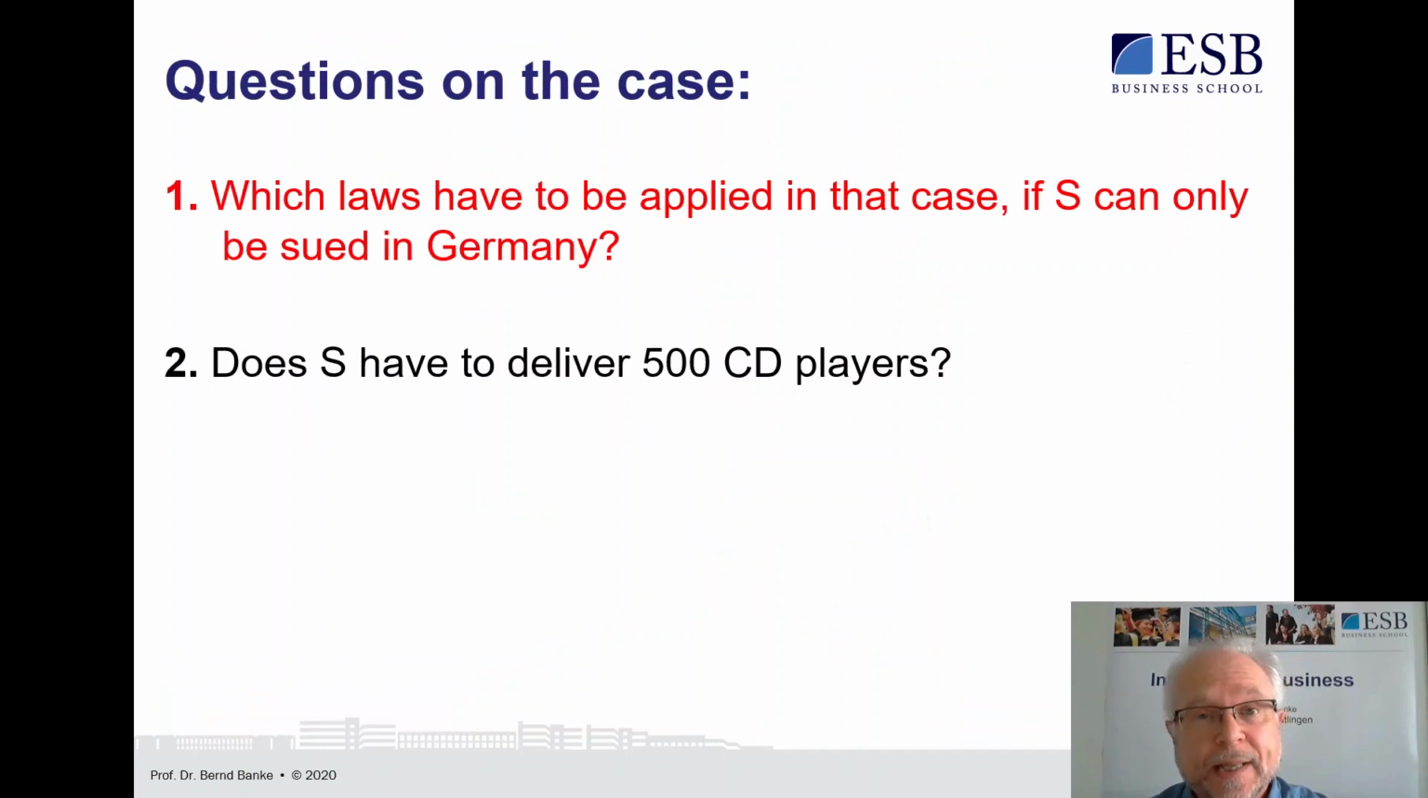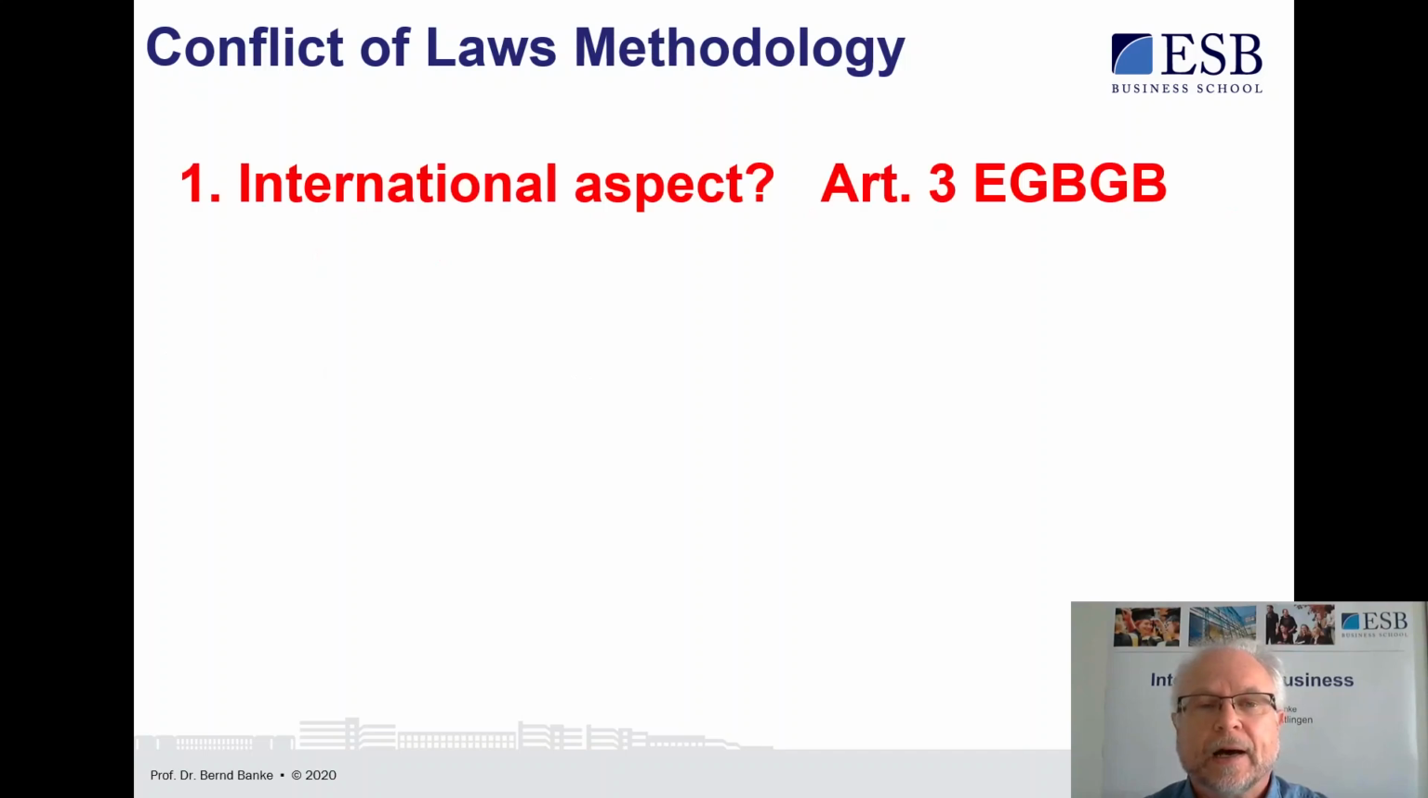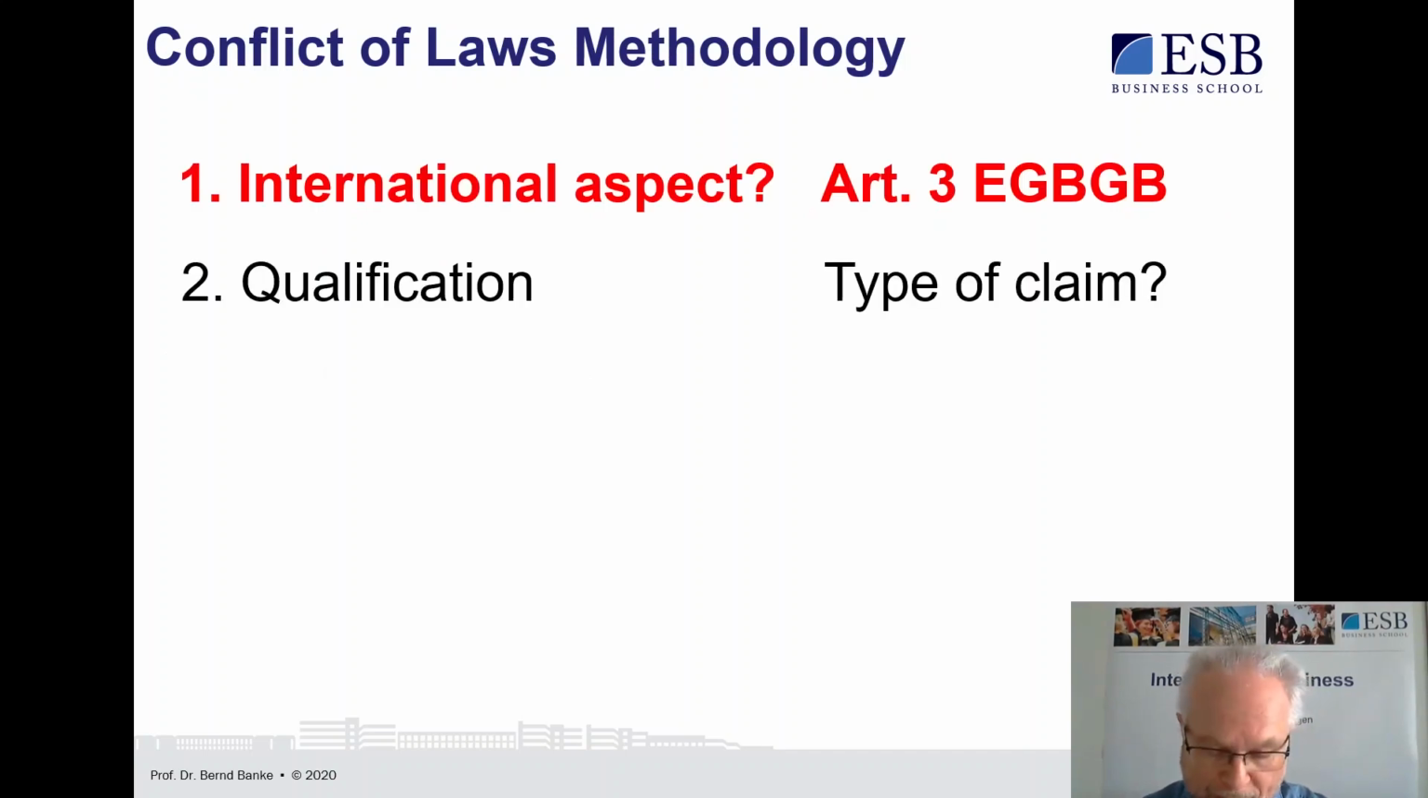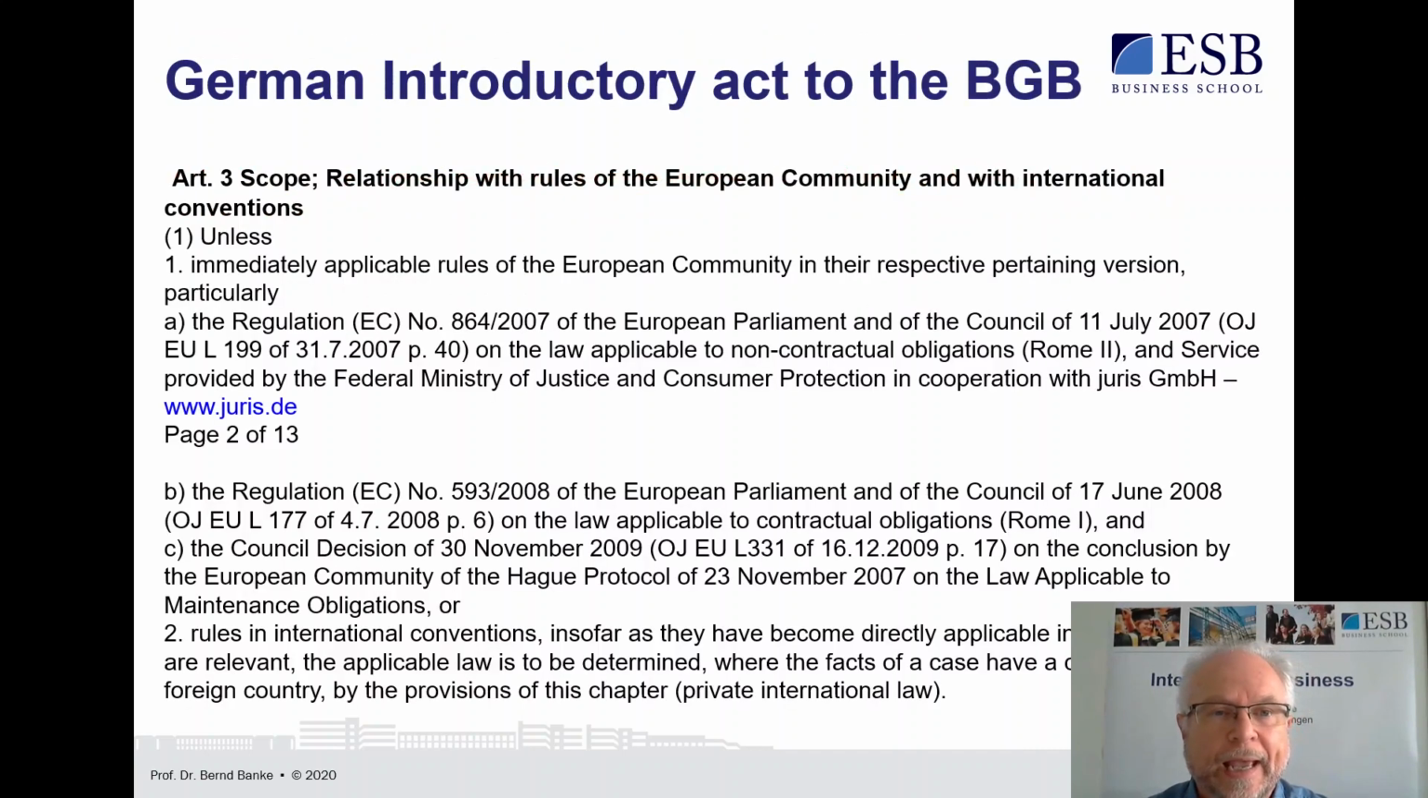Okay, so still we are with the question, which laws have to be applied in that case? If we look at our conflict of laws methodology, that is the first question, the international aspect, Article 3. And after you found out that it's an international law system, you have to qualify the type of claim we will be working with. And we again go back to Article 3, because all of these three possibilities which are mentioned over here,